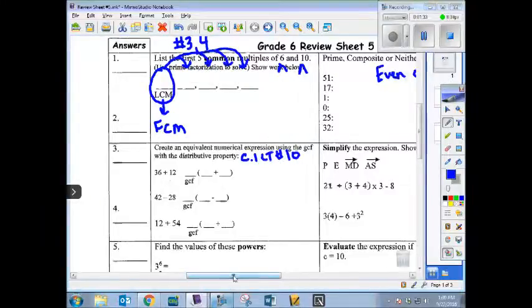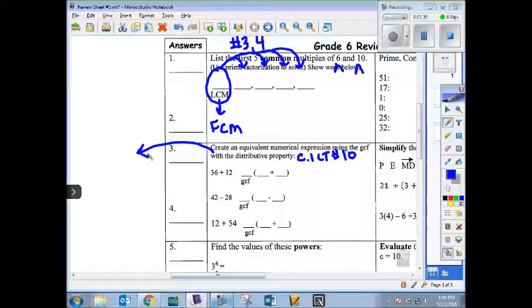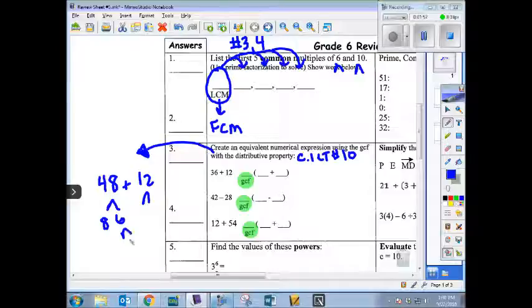Okay, I'll do a quick example over here, even though for the most part I think everybody's good with these. I'll just do one that is 48 plus 12. Okay, remember the first step is finding your GCF, and that number always goes there. Okay, so I'm going to find my GCF. I'm going to do my trees. Okay, so that's going to be 8 and 6. Circling them when they become prime. Very much review